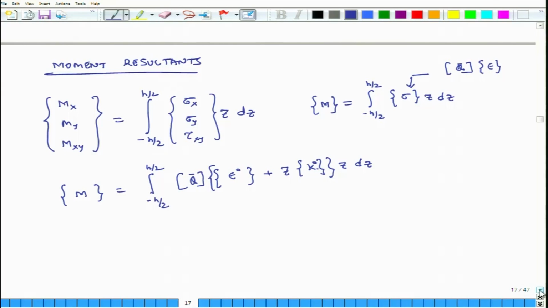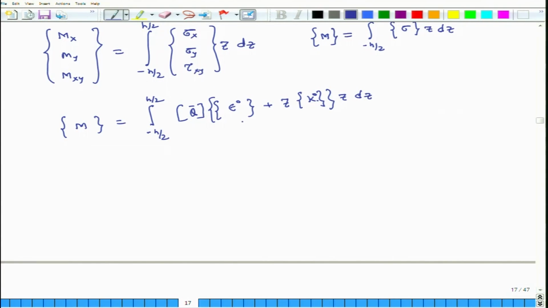Now, using the same logic which we explained earlier, within a layer the mid plane strains are constant, curvatures are constant, and also Q bar is constant. So, I can integrate within a layer, but as I move from one layer to another, I have to add up because the function jumps, because Q bar jumps from one layer to another. So, for a k layer laminate, this becomes a summation from k equals 1 to n. And then, for the kth layer, it will be Q bar for the kth layer times epsilon naught plus z times